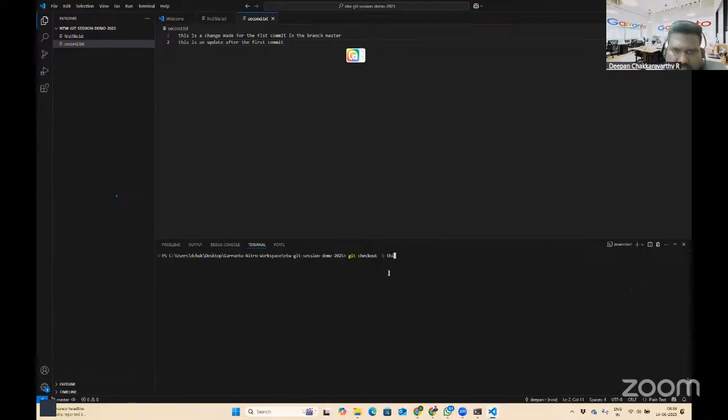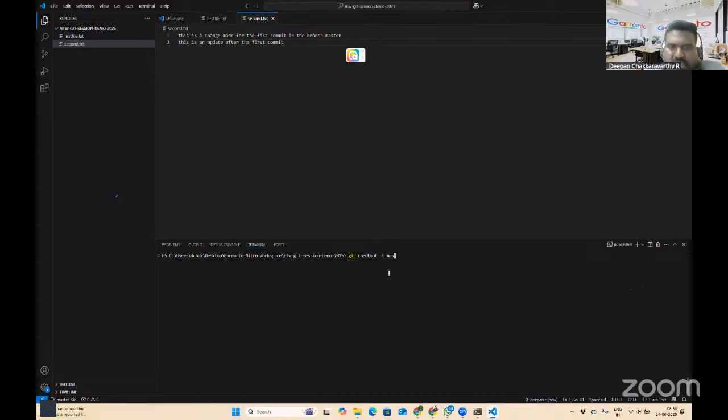I'll say feature one, something like that. Right. So how do we get to name the branch? It depends upon what feature we are implementing, or what exactly is the objective of creating the branch. That will typically explain the reason for that branch. So typically we used to say dev branch, meaning this contains the development code, something like that.